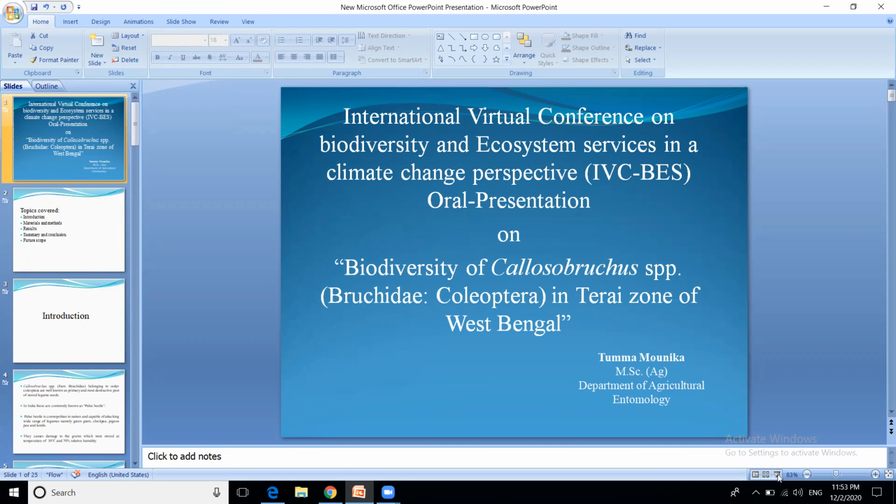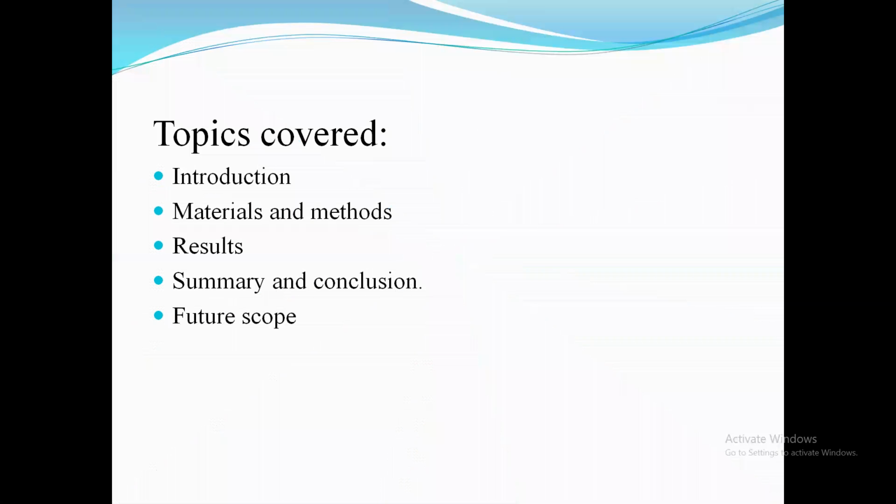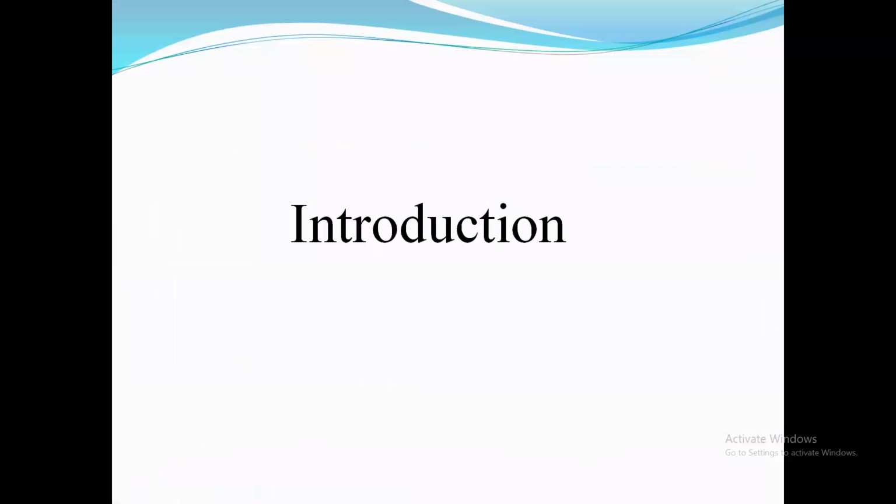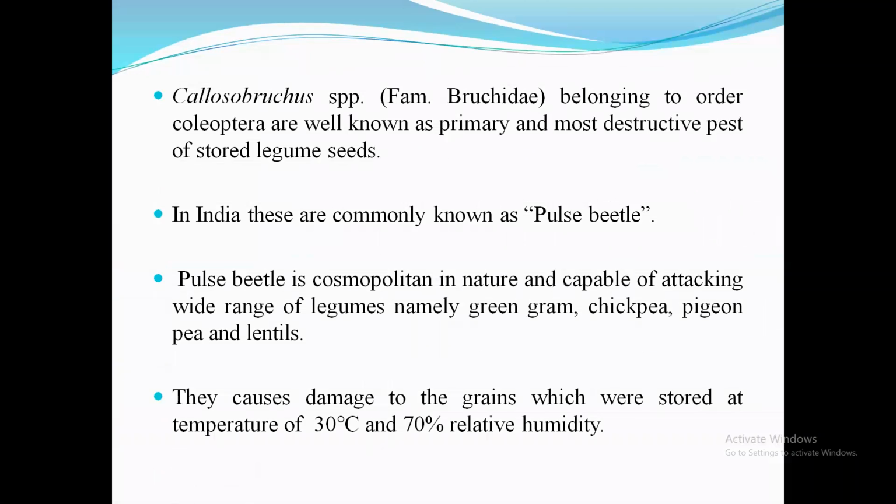Today I am going to give an oral presentation on biodiversity of Callosobruchus species, Bruchidae, Coleoptera, in Terai zone of West Bengal. First of all, the topics I am going to cover are introduction, materials and methods, results, summary and conclusion, and future scope. Introduction. Callosobruchus species, family Bruchidae belonging to order Coleoptera, are well known as primary and most destructive pests of